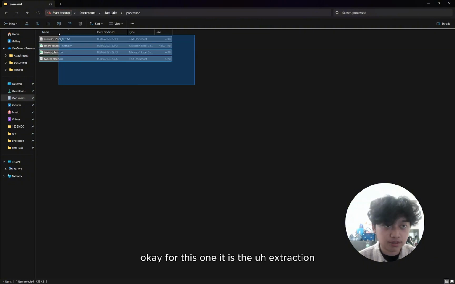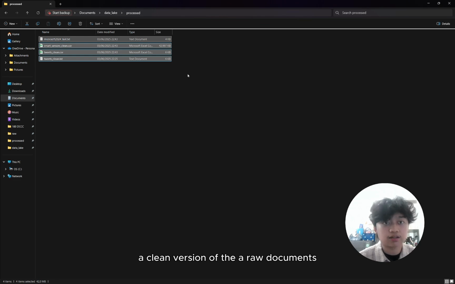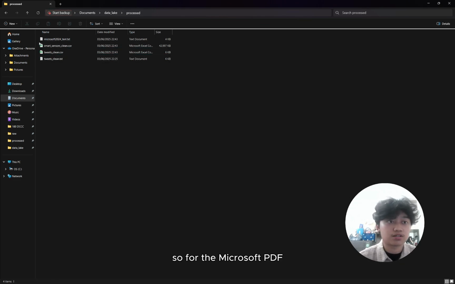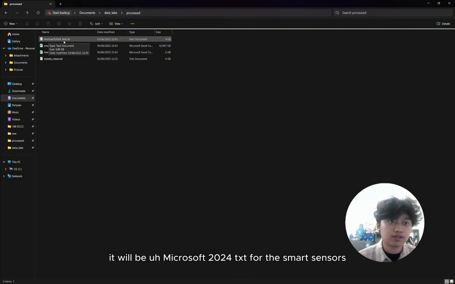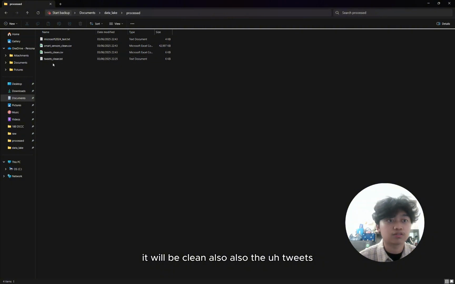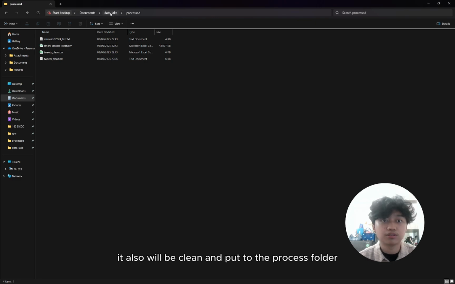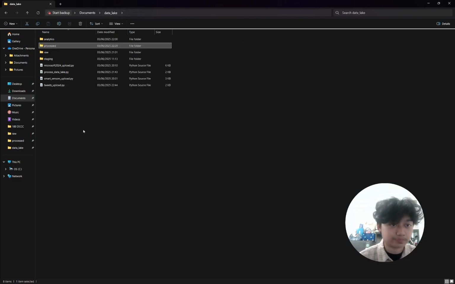This is the extracted, clean version of the raw documents. So the Microsoft PDF becomes Microsoft 2024 TXT. The smart sensors will be cleaned also, and the tweets also will be cleaned and put in the process folder.